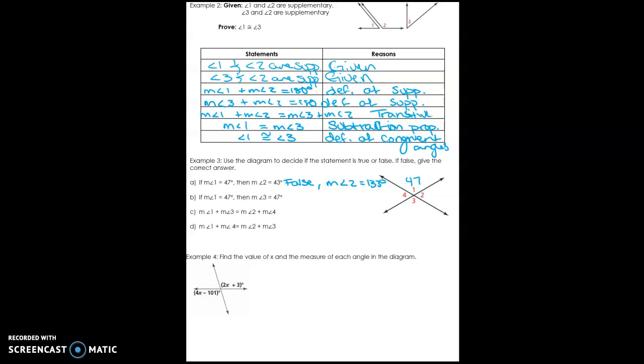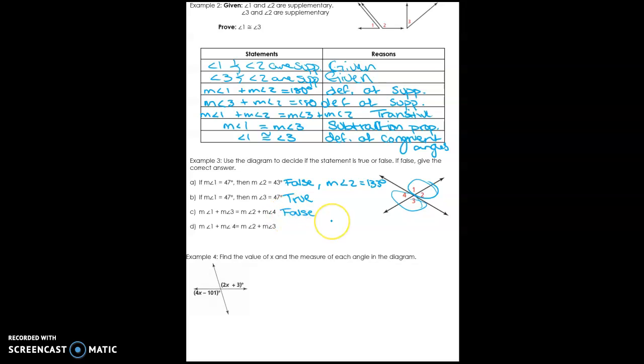And then for part B, we know that if measure of angle 1 is 47, then measure of angle 3 is 47, and this is true because they're vertical angles. Okay. And measure of angle 1 plus measure of angle 2, or measure of angle 3, is equal to 4 plus 2. And that wouldn't make sense because 1 and 3 are vertical angles. And so I think what they're trying to say here is that if we were to add the sides, then those are equal to each other because they're both going to be 180 degrees. So this would be false